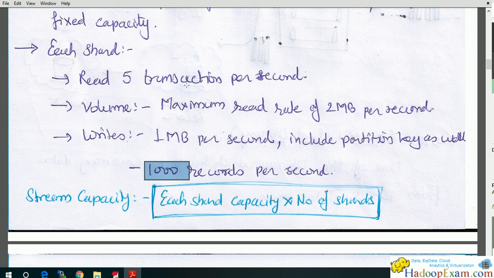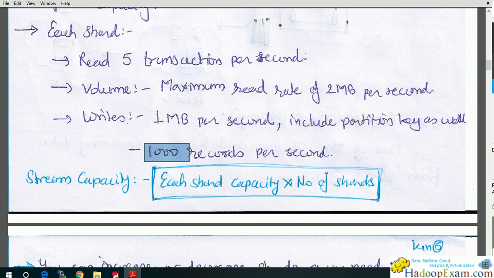So read limit is 5 transactions per second, and maximum read rate is 2 MB per second. Maximum write rate is 1 MB per second, or 1000 records per second. So stream capacity is shard capacity times the number of shards. So that is your shard